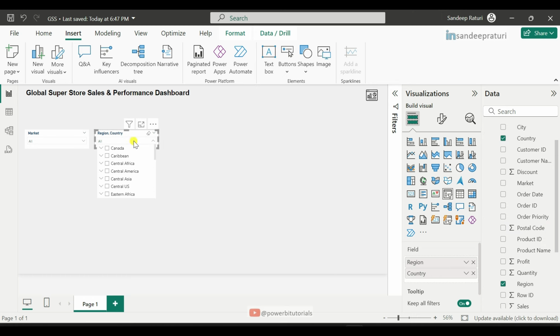And if you see here, now it will show you the region and country together. If you open the Central Africa region, under this you can see the countries. Now we will create one more slicer. Same, copy the slicer and paste the slicer like this, and this slicer we are creating for category and